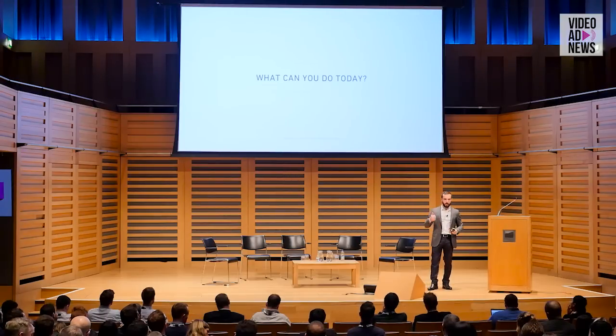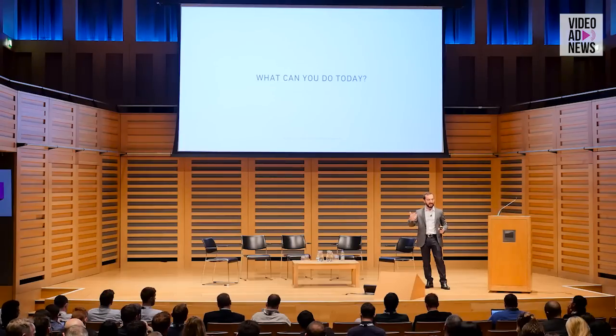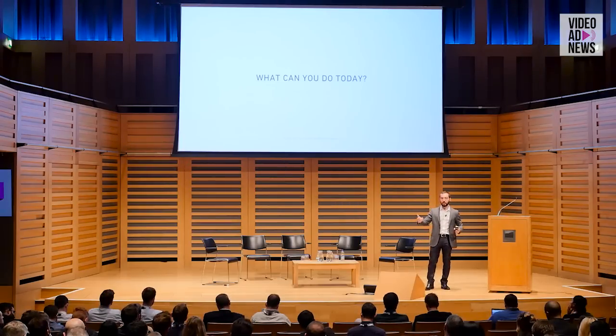All right, so we talked about what a device graph is, the ways to obtain a device graph, how do you validate that your device graph is accurate. So what can you do with it? Once you have a graph that you're happy with, that is accurate enough, what can you do? I'll give you just a few examples. We identified around 10 or 12 common applications, but these are some that hopefully will resonate.